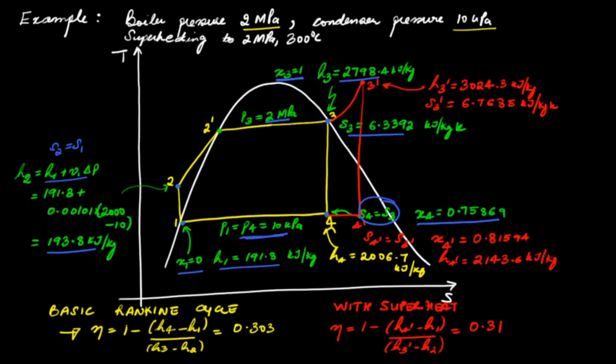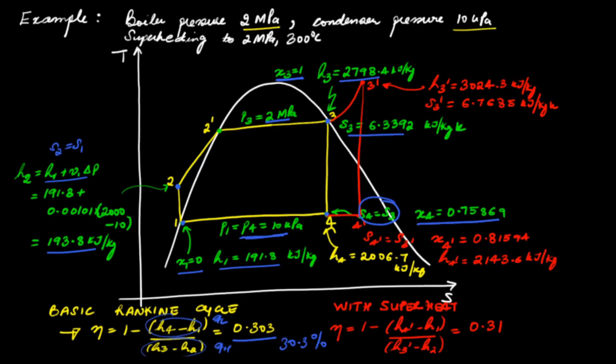Essentially, it is 1 minus the heat rejected, H4 minus H1, per unit mass of the substance, divided by the heat absorbed in the boiler, H3 minus H2. We know all the enthalpies, and now we can calculate the efficiency. It turns out to be 0.303, that is